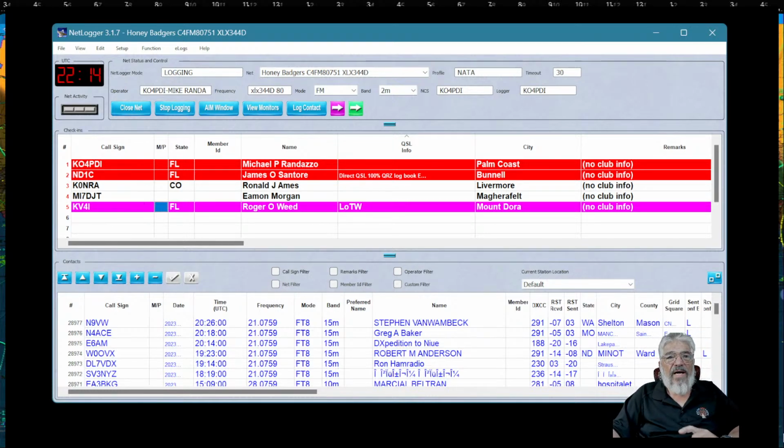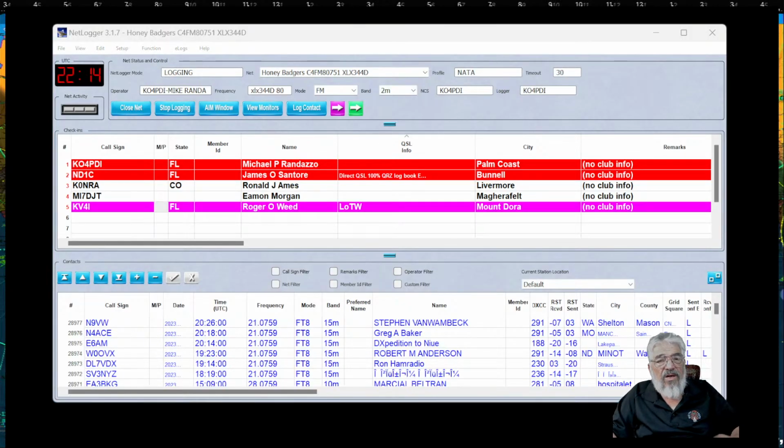So now if we go back to this page, right now it says 1. Let me refresh this page. And you can see Honey Badgers 80751, follow that line across. It still only shows... Oh, wait, there's 2 of us now. Ron, you must have set up one too. Yeah, this one's mine. The bottom one here is mine.